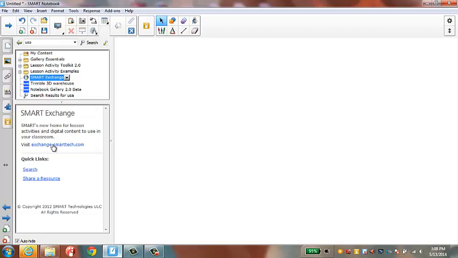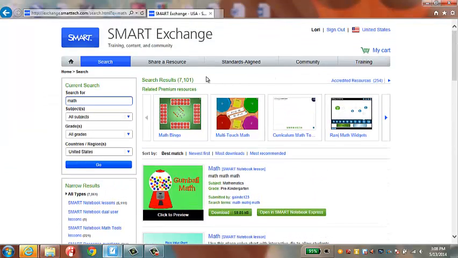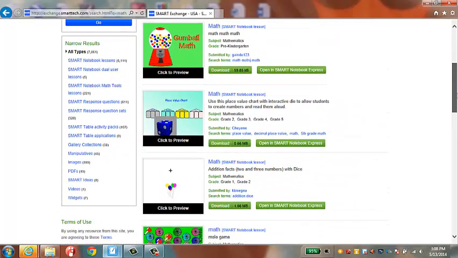Continuing with the gallery, I want to point out Smart Exchange. If I click on Smart Exchange, I'm going to be given the link to open up a website that has interactive lessons already created for you to use. Now once you log in, you will need to register for a free account and sign up. But once you do, you can search for your subject area, your grade level, and it will give you all kinds of pre-made lessons that will work with your